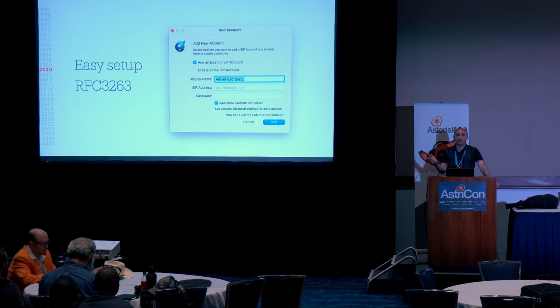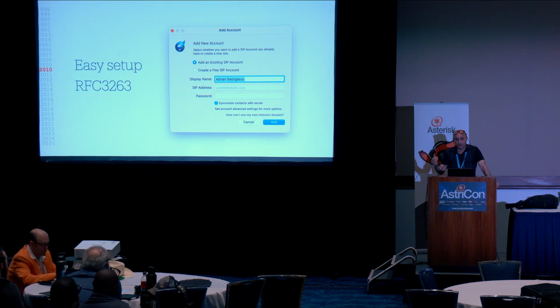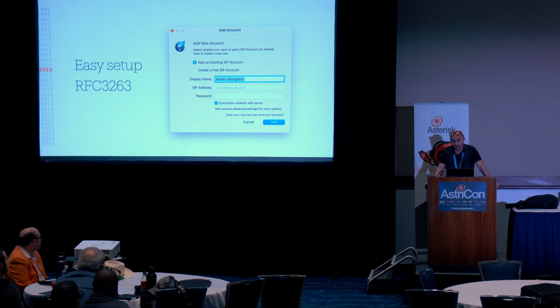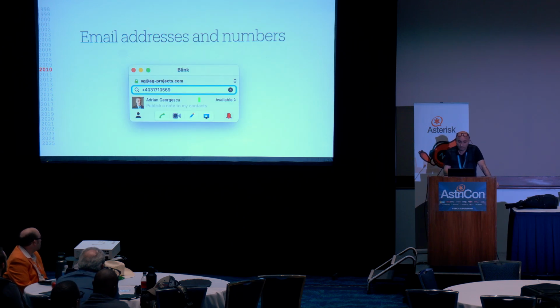Just user, domain, and password. Why do you need to type all those 50 million little things like port numbers, protocols? Nobody got it right. I don't know why. You should just put user, domain, and password, and it should just work. The reason it doesn't work is that there was a lack of understanding of the need for the use of the DNS. With DNS, you can discover where the server is, which protocol is used at which port, and so forth. So if you properly implement RFC 3263, which is mandatory basically for SIP, you would find your server and provision your users much more easily.